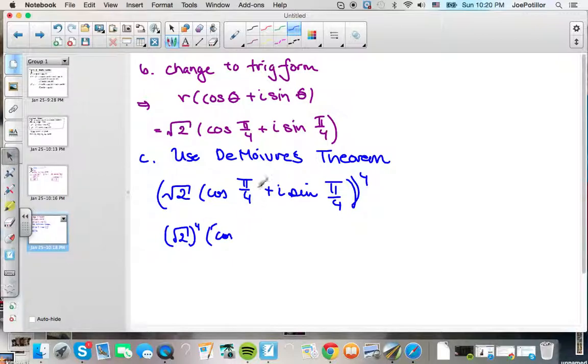And then we know that the power gets multiplied by the angle. So 4 pi over 4 by sine of 4 pi divided by 4. Kills that. That kills that. Square root of 2 to the 4th power is 4, because square root of 2 times square root of 2, the square roots cancel. Then you're left with 4 on the inside, thus getting you 4. So this becomes 4